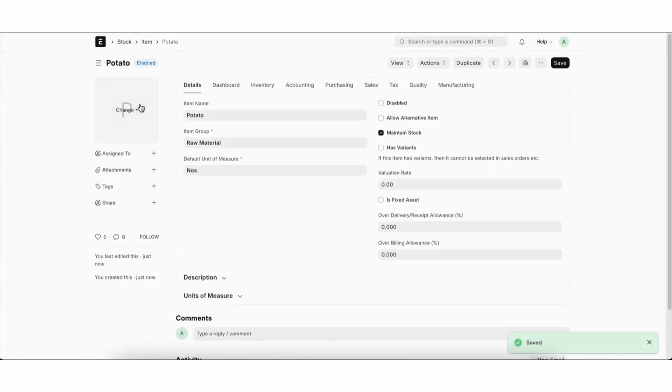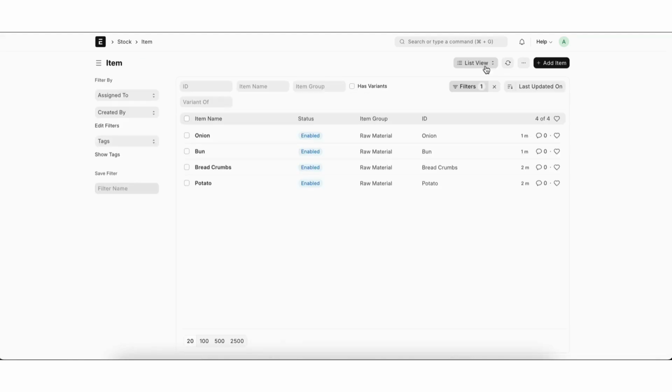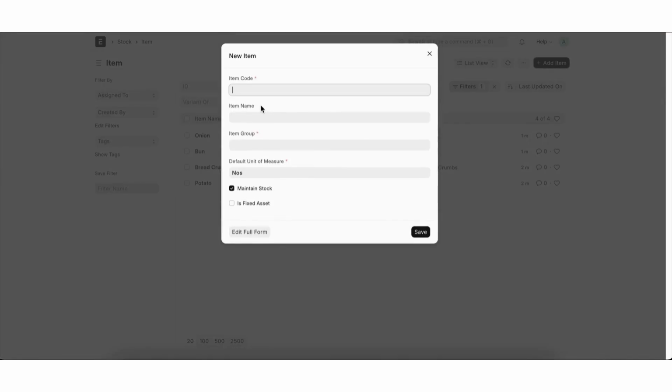Similarly, I will create all other raw materials. Created all the raw materials required for burger preparation. Now I will create the semi-finished item called veg patty. So veg